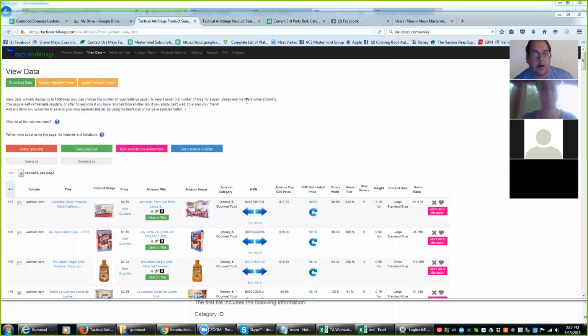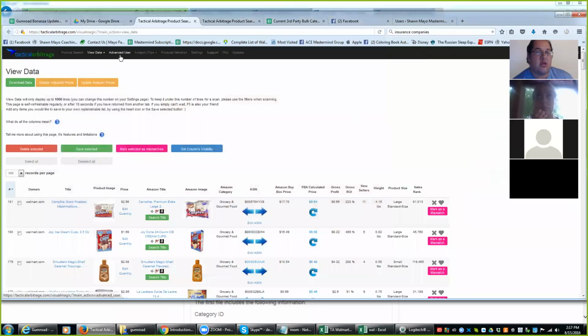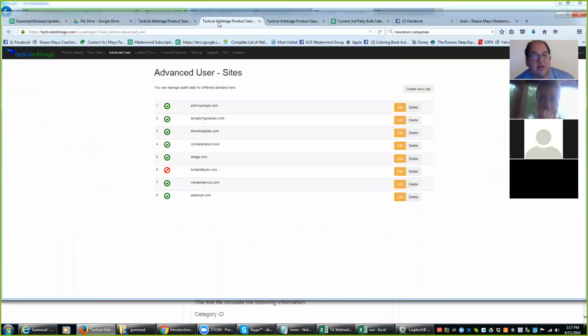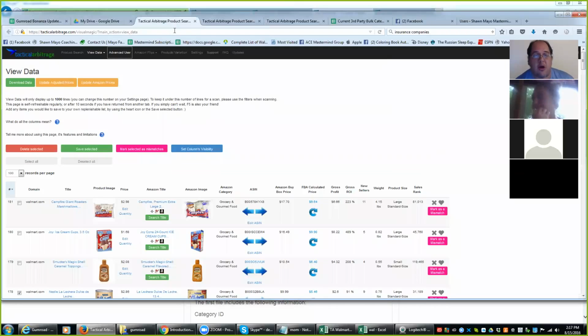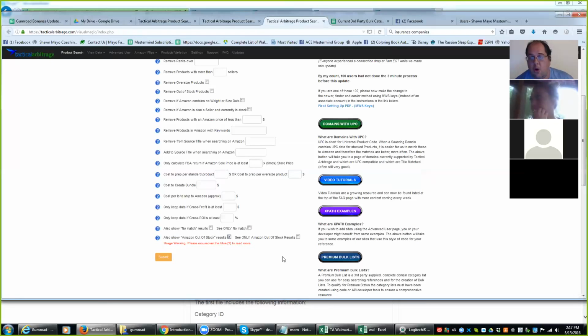All right, so we're on our view data page, but I'm going to show you one of the newer features that's happened in the last month or so: the advanced user interface. This is one of the most exciting things. After you log in, you click on advanced user. It's not something that everybody is going to have a use for, but if you have a site that's not supported by Tactical Arbitrage, and they do support over